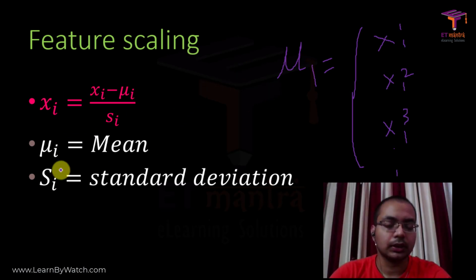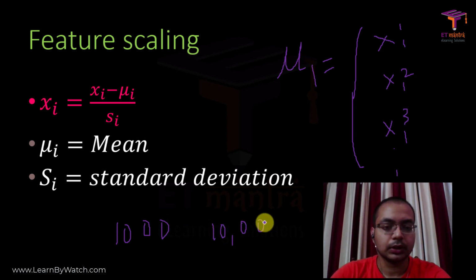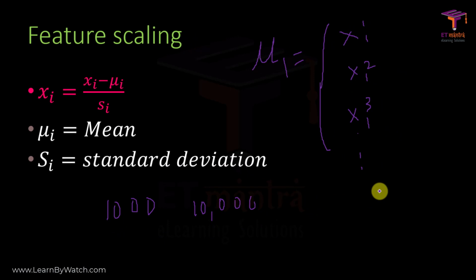So why do we use feature scaling? Suppose our size of the house is maybe in units of 1000, or sometimes it is in 10,000, but the number of rooms in a house is 1 or maybe 3 or 4. So this creates an imbalance while performing the algorithm, since this is in units digit and these are in the order of 10 raised to power 3 or 10 raised to power 4. So feature scaling brings this all down to the same level, so the algorithm performs better.